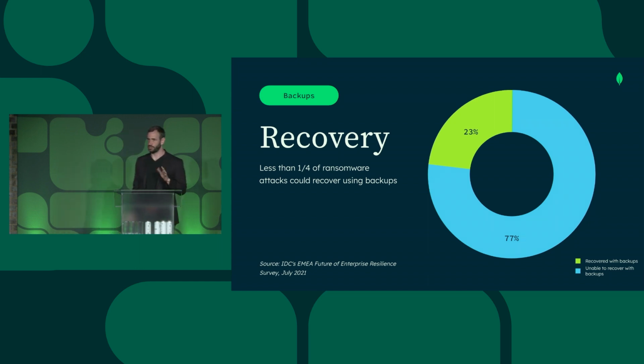There's generally about two things that cause this. One is that, again, attackers are becoming more sophisticated and they're deleting the backups. They're purposely targeting these areas so that they know that these companies can't recover and they have to come to them to pay off the ransom or something. And then the other piece is organizations not fully understanding their recovery process.